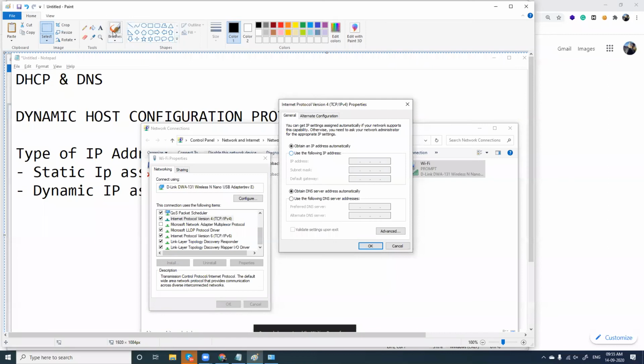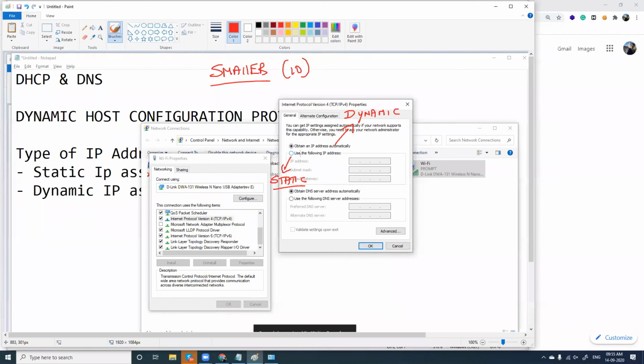So we have one option which is at the top. What is here? This is a dynamic way of assigning IP address. And when you go for this option here, this is static. So we have two types of assigning IP address. When I go for static, in case I have a smaller number of computers, say I have 10 computers in my LAN, I think, okay, it is very easy for me to assign IP address here.